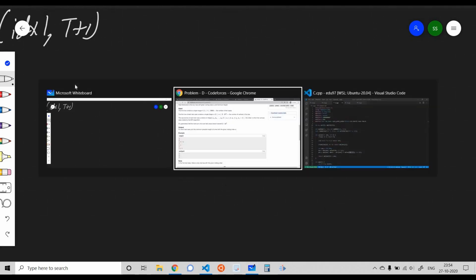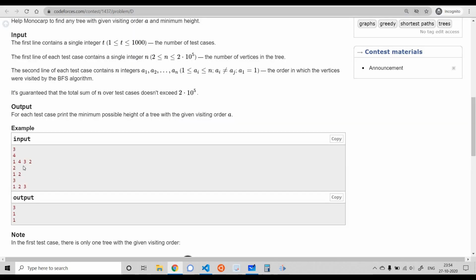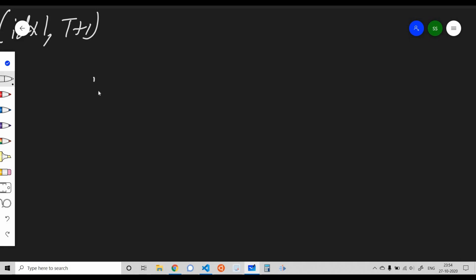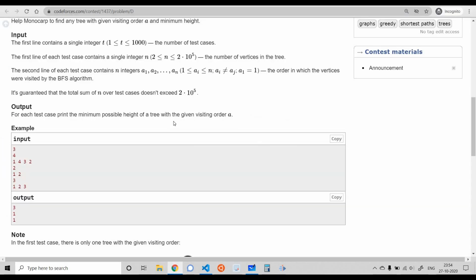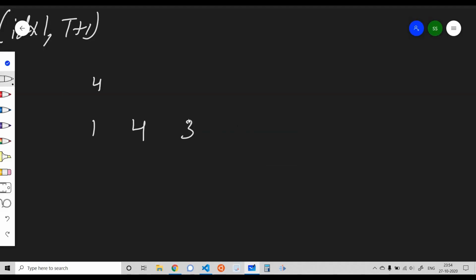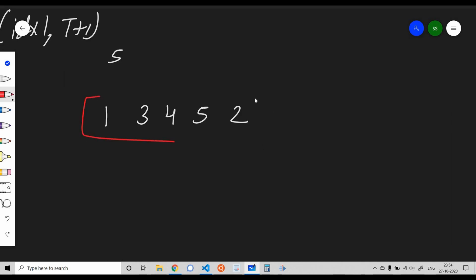So we have an array A. Let's take one example. Let's take the first one. We have 4 nodes, and the BFS sequence is given as 1 4 3 2. I think this is not the right example. Let's say I'm using the example 3 4 5 2. I guess this might help. So we have this BFS which Monocarp